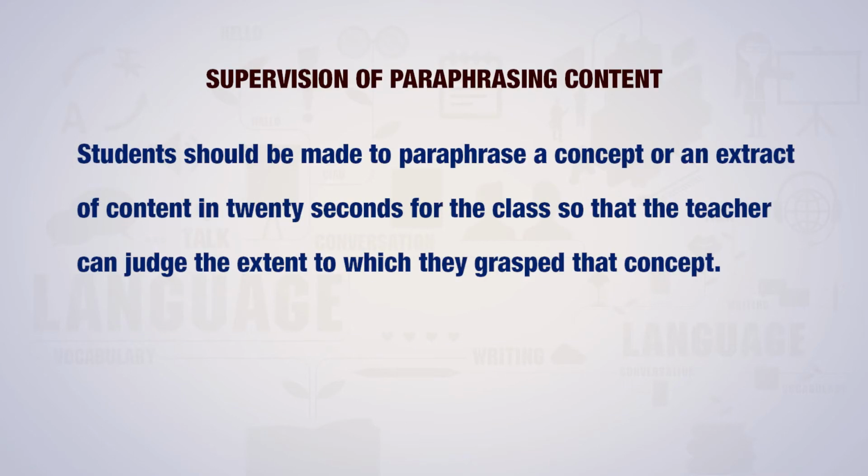When we supervise the paraphrasing of content, we must see that the students can paraphrase the concept in about 20 seconds for the class, so that the teacher can judge the extent to which they have